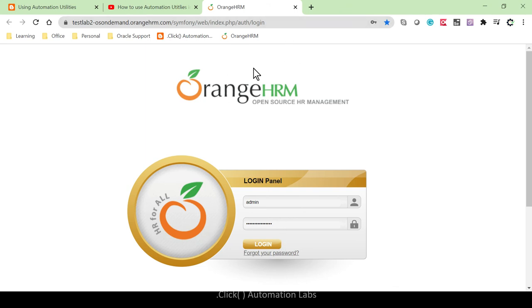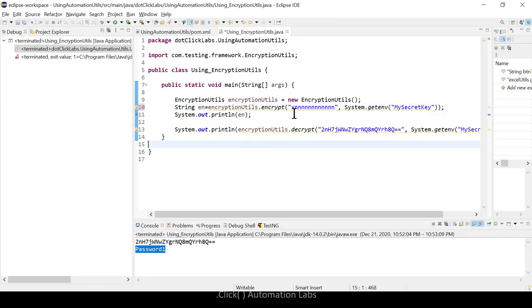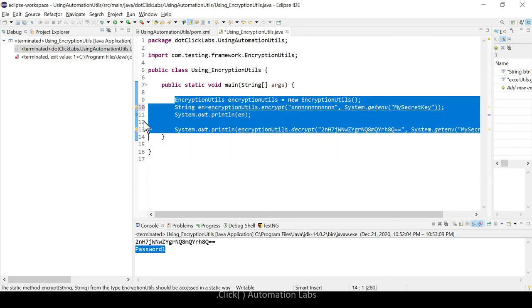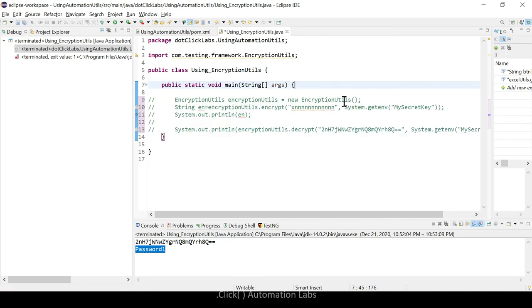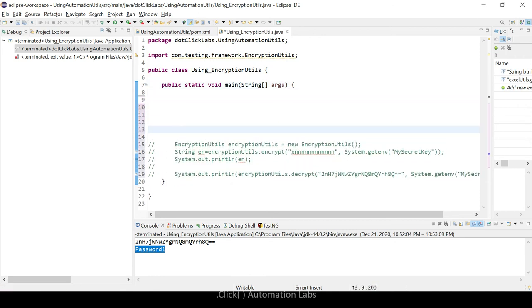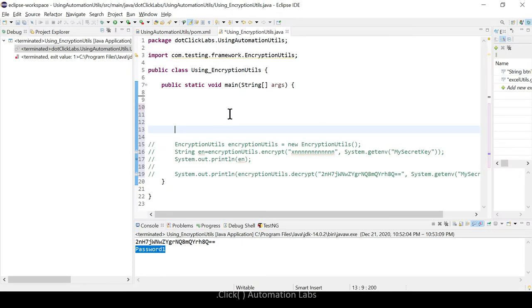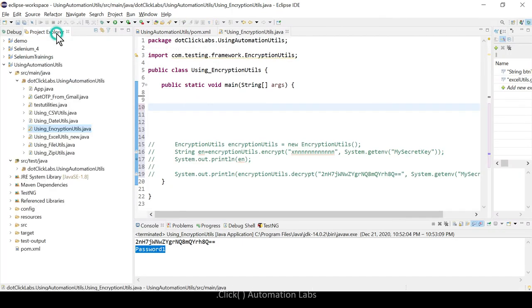Okay, so let's get started. For testing purposes, I am commenting it out. We will use it later. The first step is we need to navigate to this URL, right? To navigate to this URL, first you need to launch the browser. To launch the browser, we have code written, right?